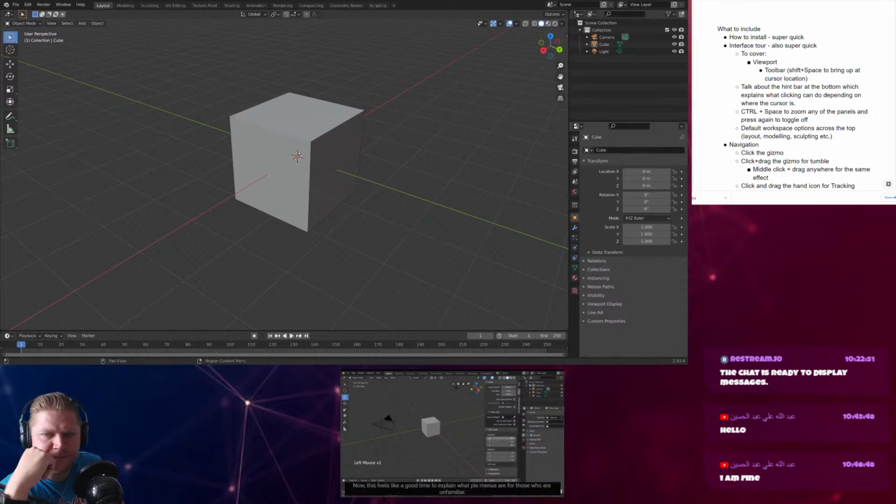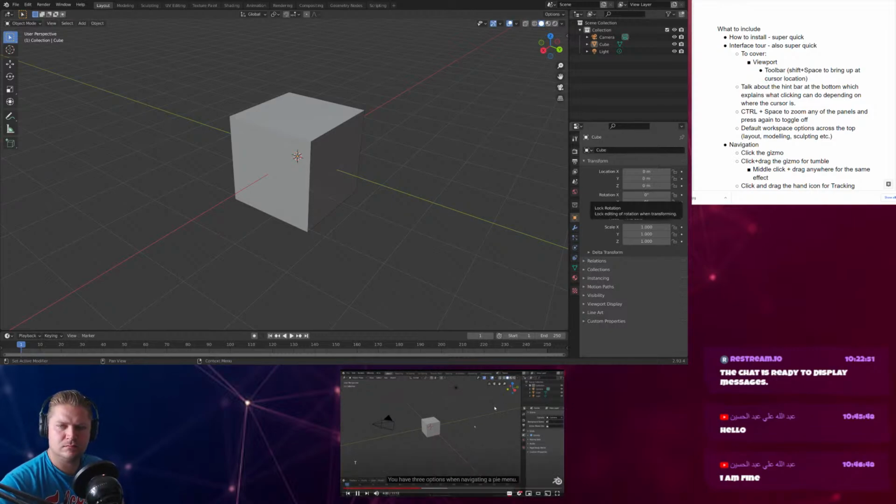Now, this feels like a good time to explain what pie menus are for those who are unfamiliar. Pie menus are quick wheel menus that appear around your cursor after a hotkey is pressed. You have